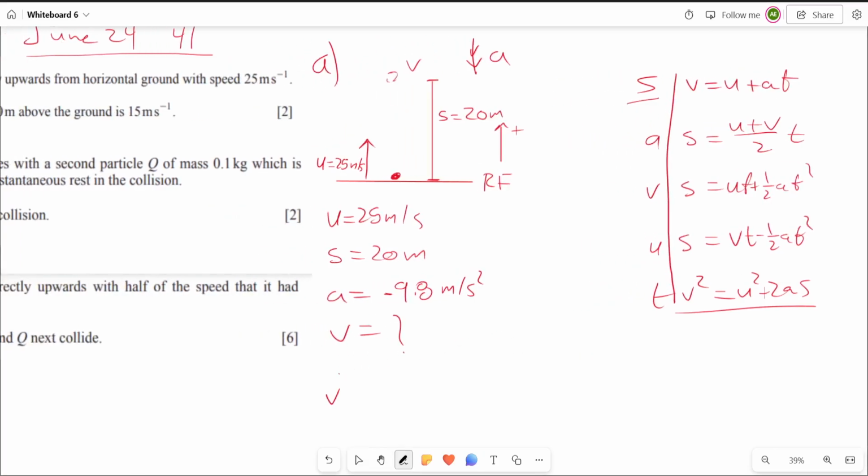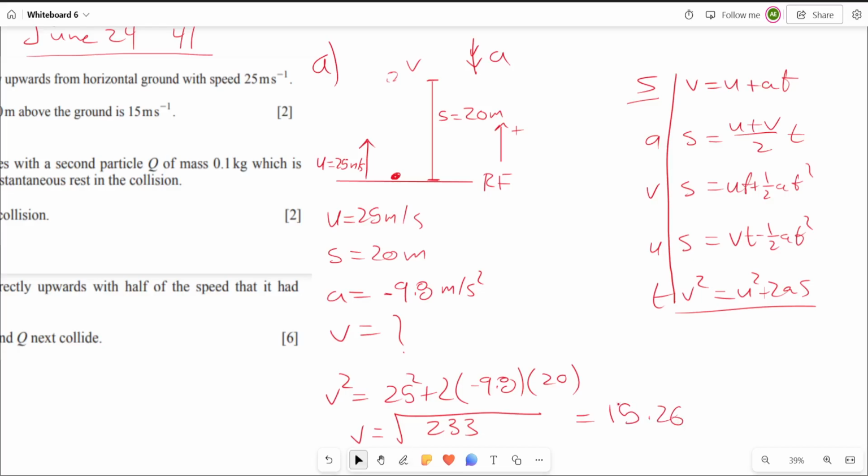So V squared equals U squared, which is 25 squared, plus 2 times acceleration, which is negative 9.8, times S, which is 20. So V is going to equal the square root of all of this. Let's compute that. 25 squared plus 2 times negative 9.8 times 20 gives me 233. Square rooting that gives me an answer of around